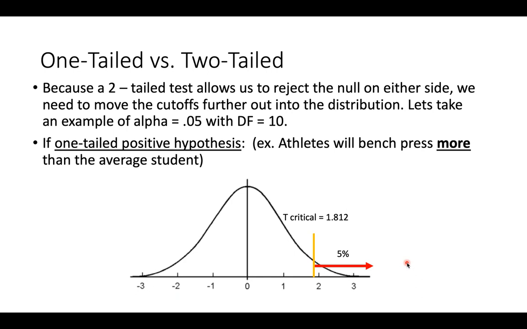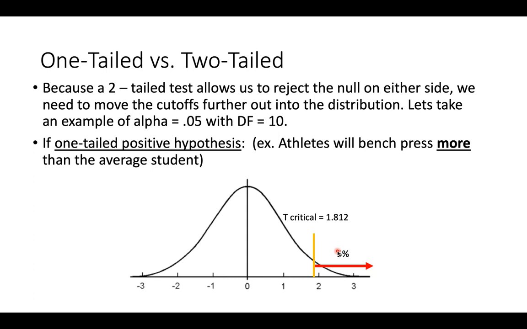Because a two-tailed test allows us to reject the null on either side, what ends up happening in a two-tailed test is that our critical values move out on the curve, to accommodate for the fact that percentages get distributed on both sides. So imagine that we have a one-tailed hypothesis that athletes will bench press more than the average student, meaning, well, we set up some critical value here with degrees of freedom 10 and alpha of 0.05. A critical value is